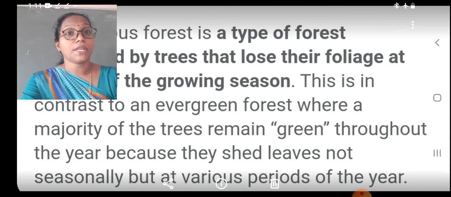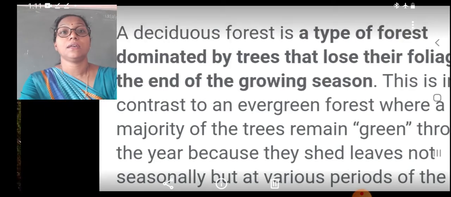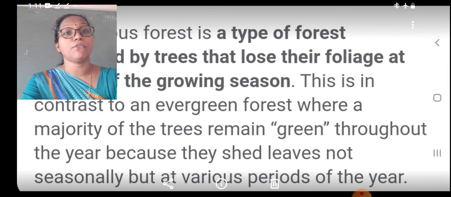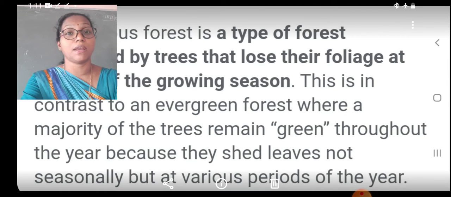The deciduous forest is a type of forest dominated by trees that lose their foliage at the end of the growing season. This is in contrast to an evergreen forest where a majority of the trees remain green throughout the year.